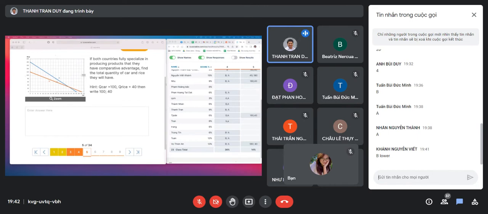Now, if both countries specialize, A will specialize in producing rice. A will focus on rice and produce how many rice? Yes, 180. And B will produce